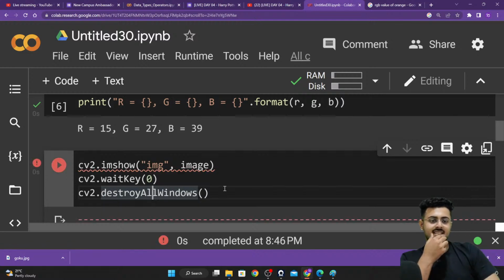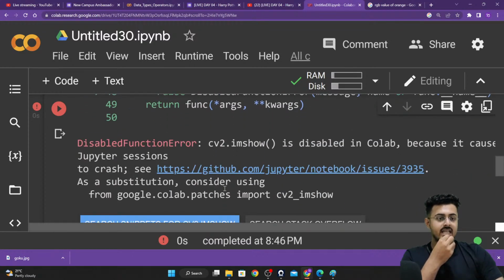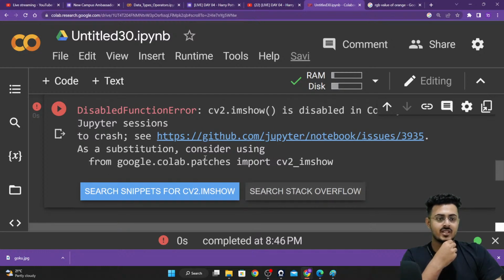Let's run this. Let us see. Okay, it does not work. Disabled function error: it is disabled in Colab because it caused Jupyter sessions to crash. As a substitution, consider using from google.colab.patches import